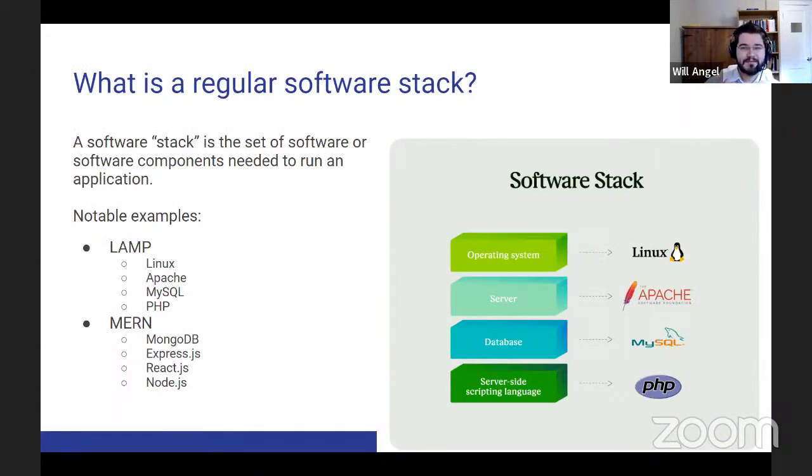And the idea is that the software you're actually interested in, usually some software application, runs at the top of a stack of different pieces of software. A couple of notable examples are the LAMP stack and the MERN stack. And there are a ton of other software stacks that people talk about. One that we may also be aware of in the data space is the ELK stack: Elastic, Logstash, and Kibana. But these two stacks, LAMP and MERN, have powered a significant portion of the web over the last